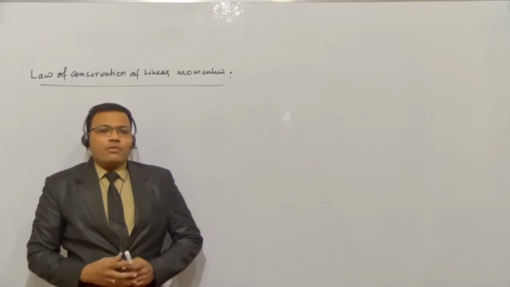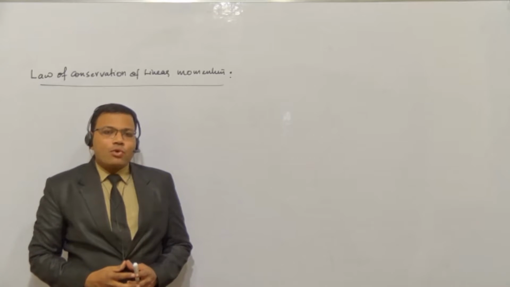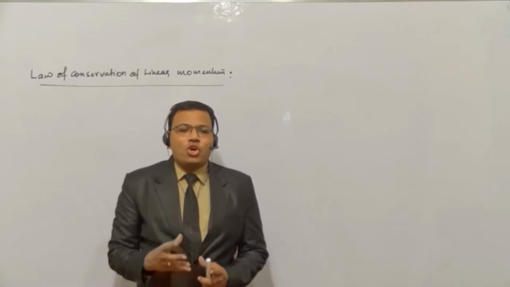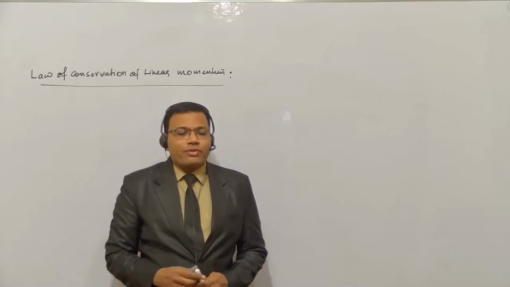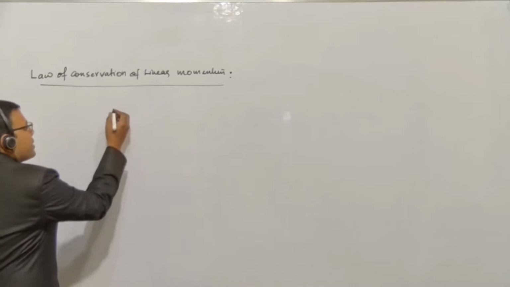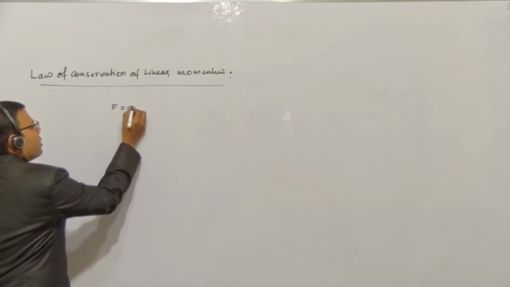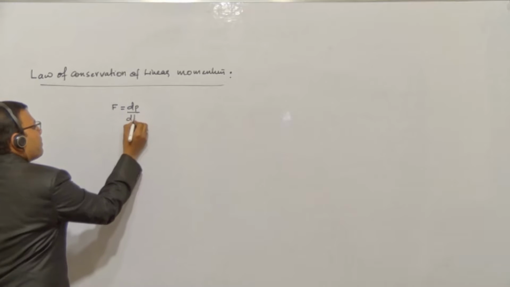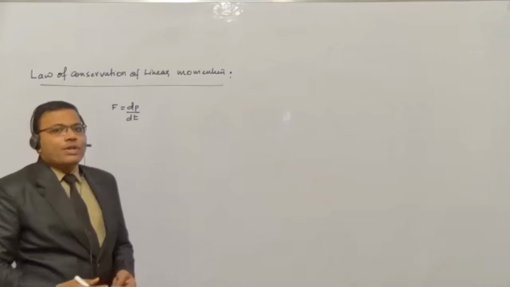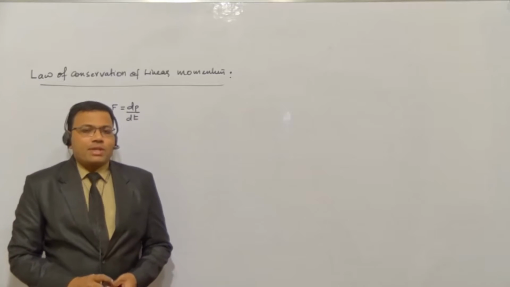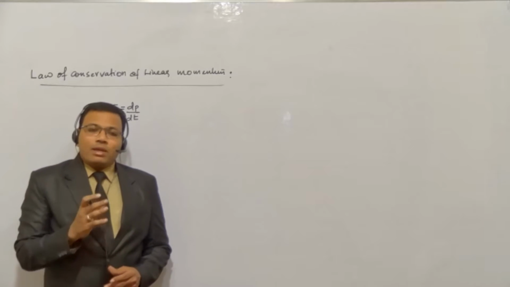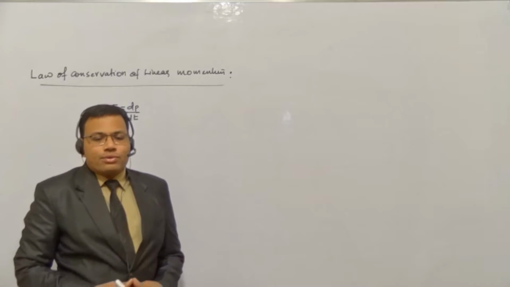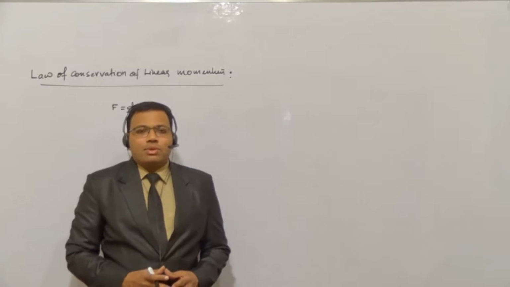Students, we know this already, that force is the rate of change of momentum. Let us go with the definition of force itself. F is equals to dp by dt. Now, according to the law of conservation of linear momentum, whenever the net external force acting on an isolated system, I can say whenever the net external force acting on a system is zero,